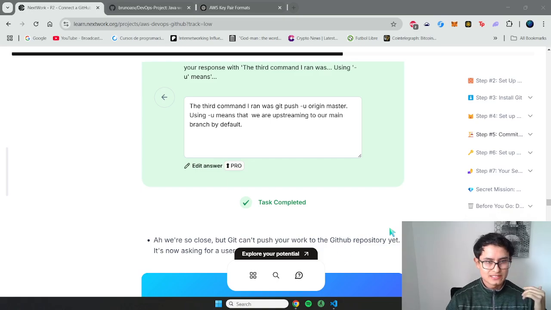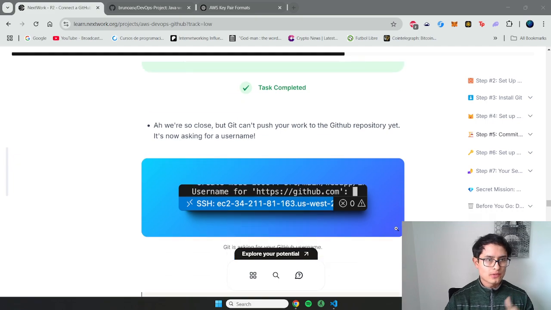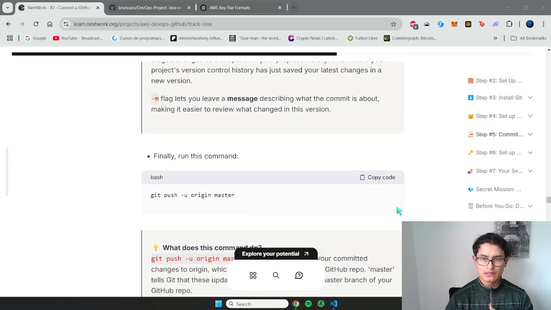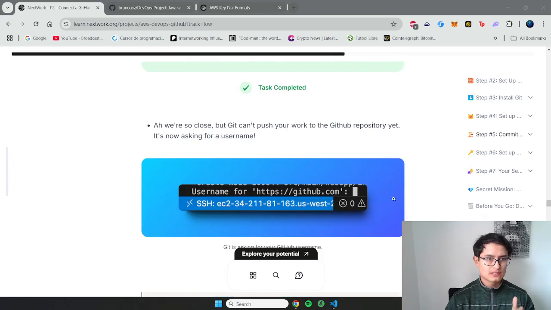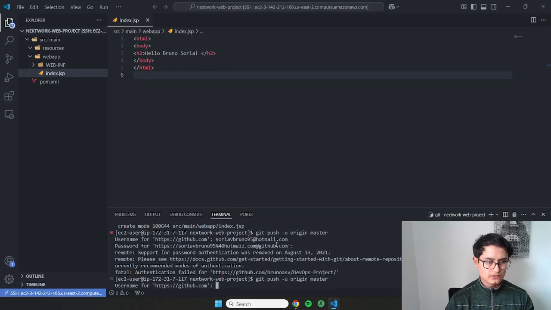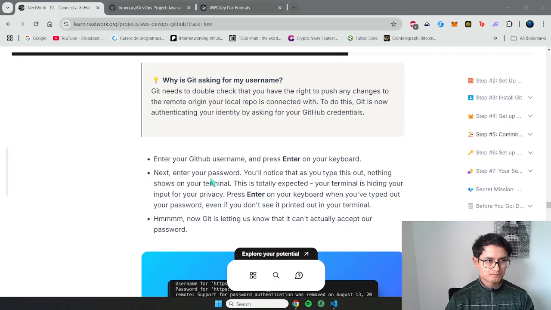Okay, guys, let's go ahead and continue here with the project. So we stopped right here, right? We were able to push our commands, and okay, so the next part would be to... it's not asking for a username, right? So it was asking us for a username and password, and for whatever reason, I could not complete this part. So let's go ahead and